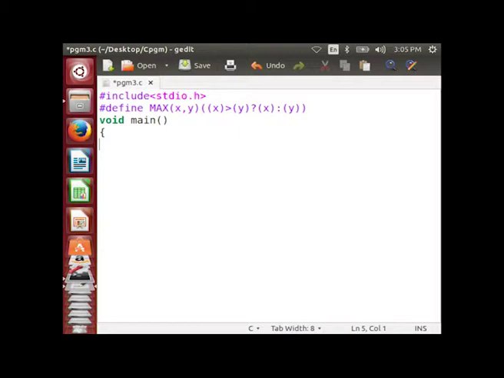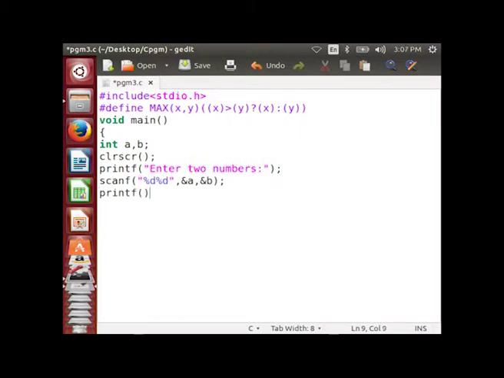Then the main function, void main() within curly braces, int a, b; clrscr(); then printf("enter 2 values"); scanf("%d", &a, &b); then printf("the maximum of 2 numbers is %d", max(a, b)); then getch(); then close the curly brace.